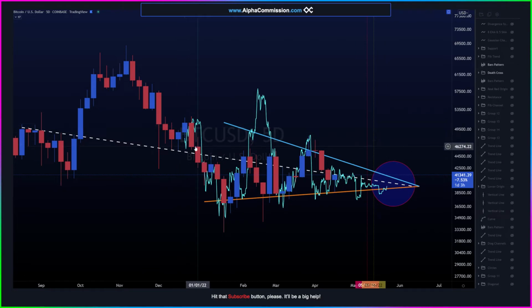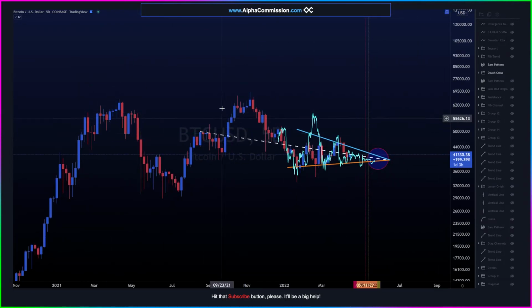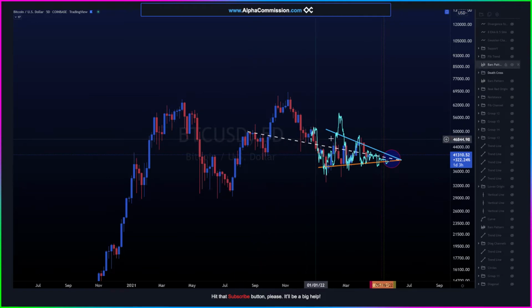And then we started to make this type of area, and I just thought, well, this could have been a blow off top. Like if we took the top of this one and put it on top of here, I just hypothesized it could have been a blow off top if you just added this to the top of this one. And what if this was just a dead cat bounce, even though it got higher than the previous one? What if this was just a little less controlled than this one? And so the market makers just couldn't control the enthusiasm on this one as well as they did this one. And so what if we just considered this was a blow off top and this was a dead cat bounce, and that we were kind of having a fractal from